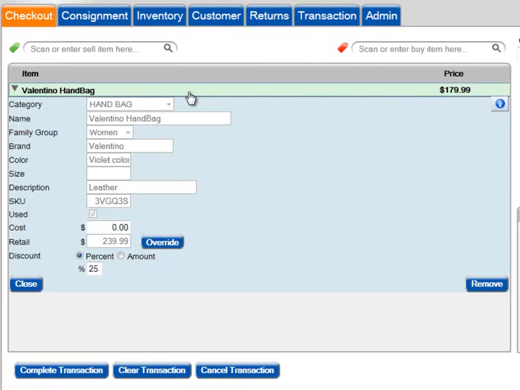details. For existing items, you can adjust the quantity sold and the retail price of the item sold using the Override button. It allows you to also give a discount based on the amount or percent. Please note, the quantity for consigned items cannot be adjusted. At any time, you can add additional items by placing your cursor in the search box in the upper left